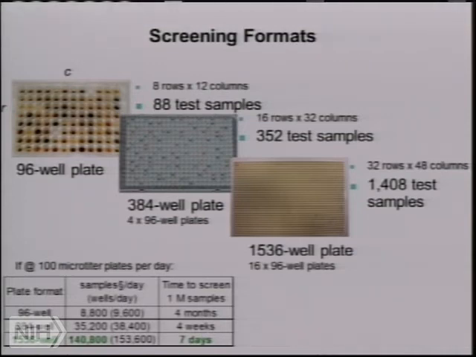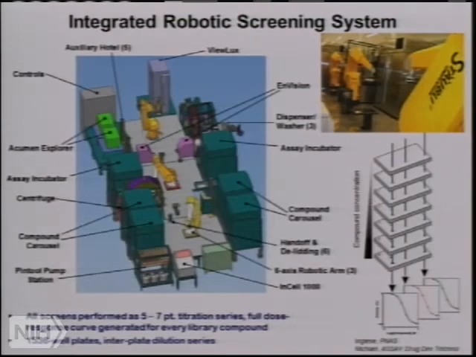Of course, not every assay is miniaturizable to the 1536 type plate. There is increased surface to volume ratio and associated issues. So when we work on these assays, this is the first aspect that we look at. Will the assay perform the same way in this format as it did in, say, 96 or 384 well plate?